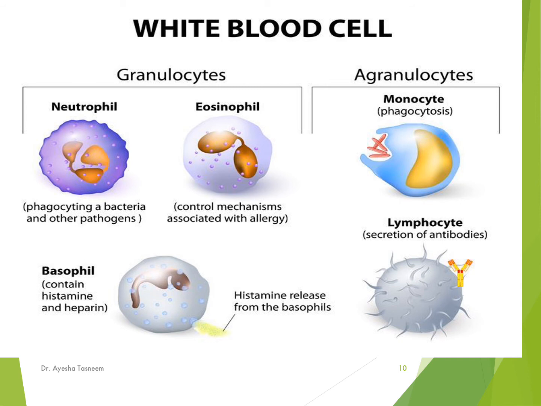The other type of white blood cells are the agranulocytes that do not contain any type of granules. One are the monocytes, they are the phagocytic cells. If the foreign body is small, a single monocyte can phagocytose that body. If the foreign body is larger in size, the monocytes coalesce with one another, they unite with one another to form a giant cell to engulf that larger particle or foreign body. Then we have the lymphocytes. They provide defense to the body against foreign antigens by secreting antibodies.